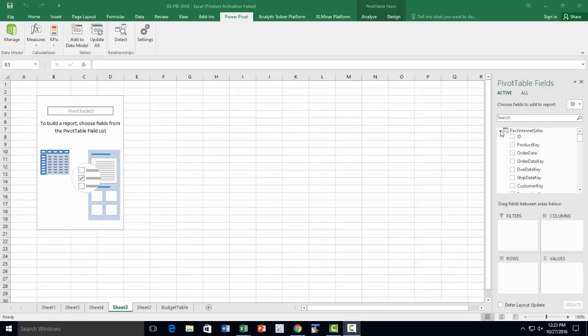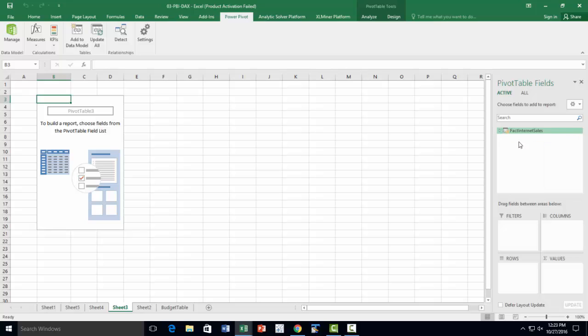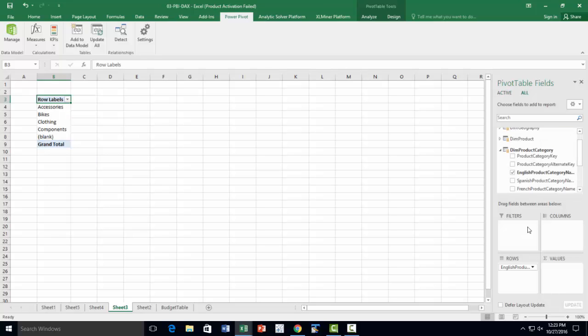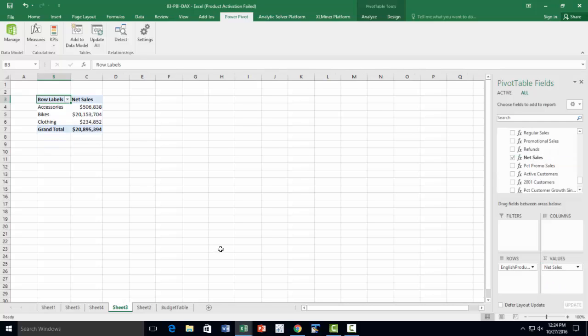So let's start with a simple product category name and say net sales. So net sales. So a simple pivot table, and let's say we want to incorporate a user-defined, user-input exchange rate, and